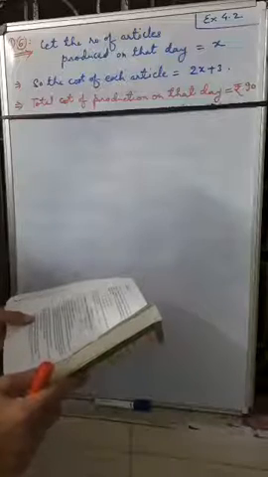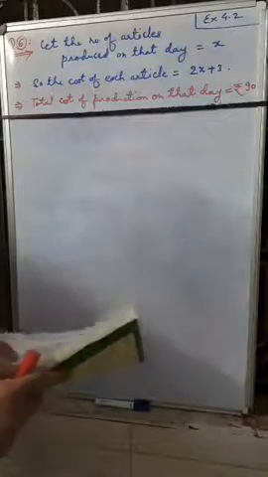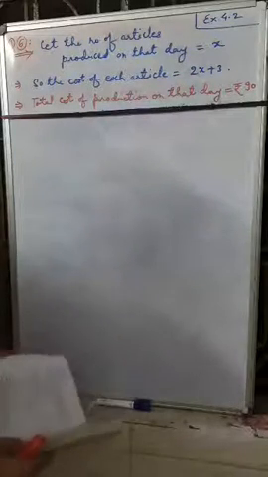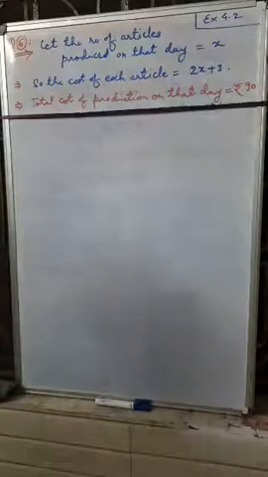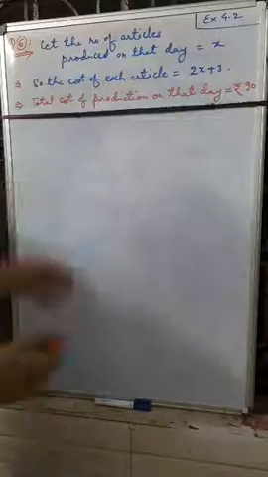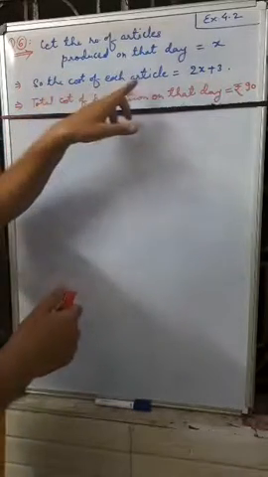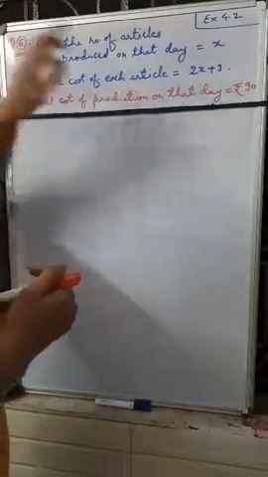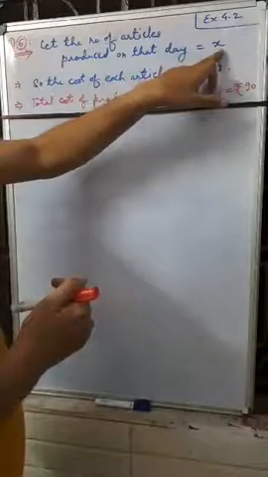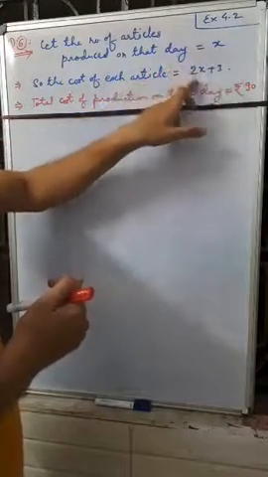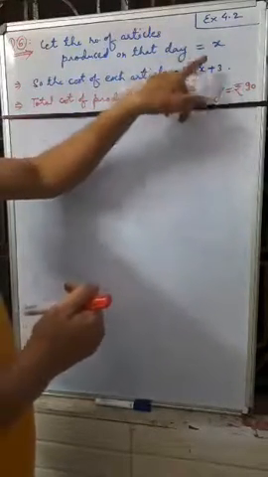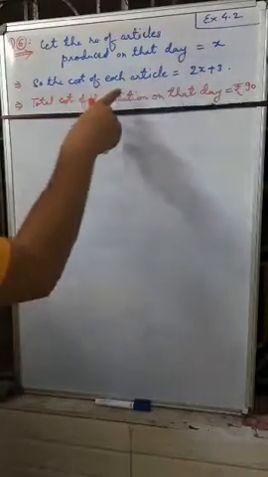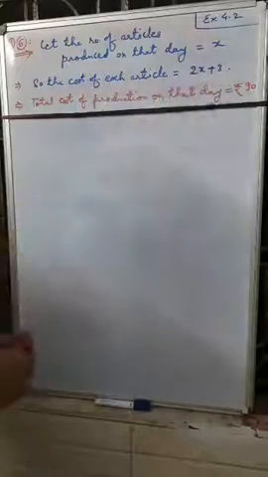The cost of production of each article was 3 more than twice the number of articles produced on that day. तो इसका मतलब ये है कि जो हर आर्टिकल की कॉस्ट है, बनने की मैन्युफैक्चरिंग कॉस्ट है, वो जितने आर्टिकल बने हैं उसके दुगने से 3 ज़्यादा है. तो 2 टाइम्स अपन इसमें करेंगे x में और ऐड 3. So we will get the cost of each article is 2x plus 3.